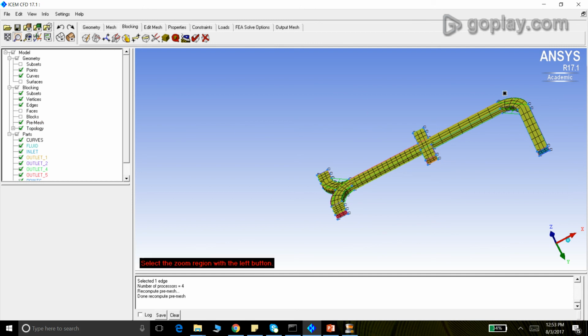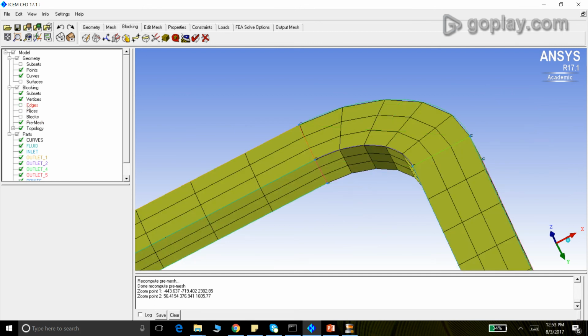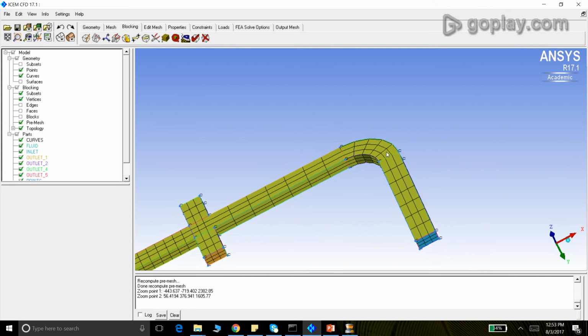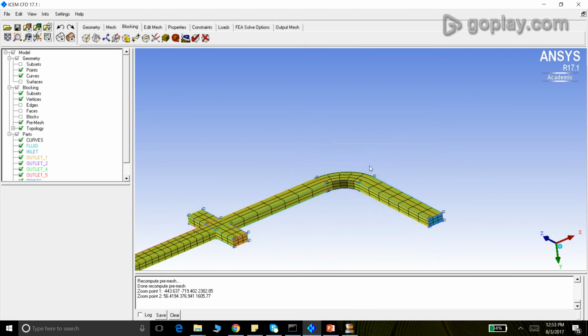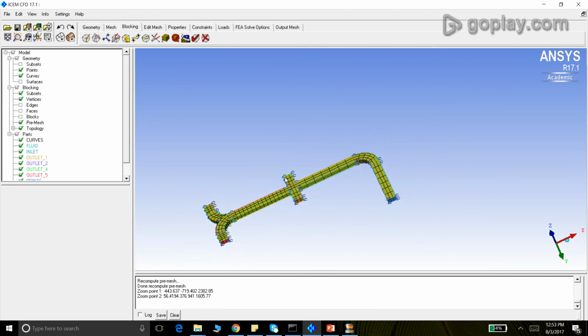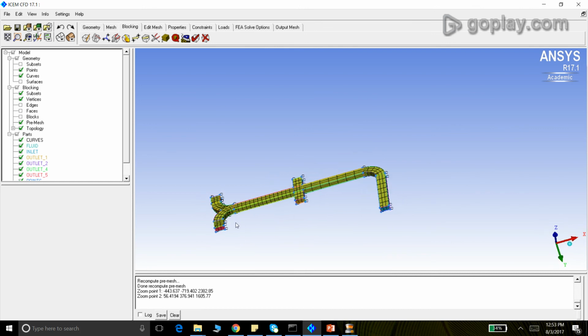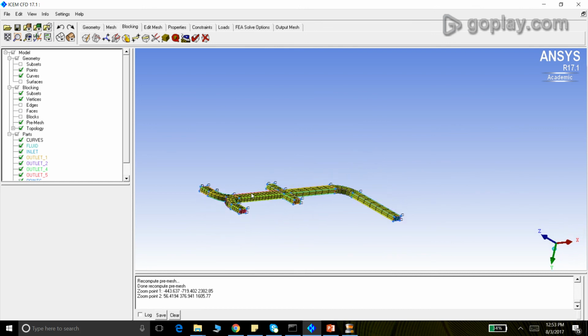Had we followed our usual process of initializing the block and then splitting and deletion, it would have been very difficult. But extrusion has made it fairly easy. We can